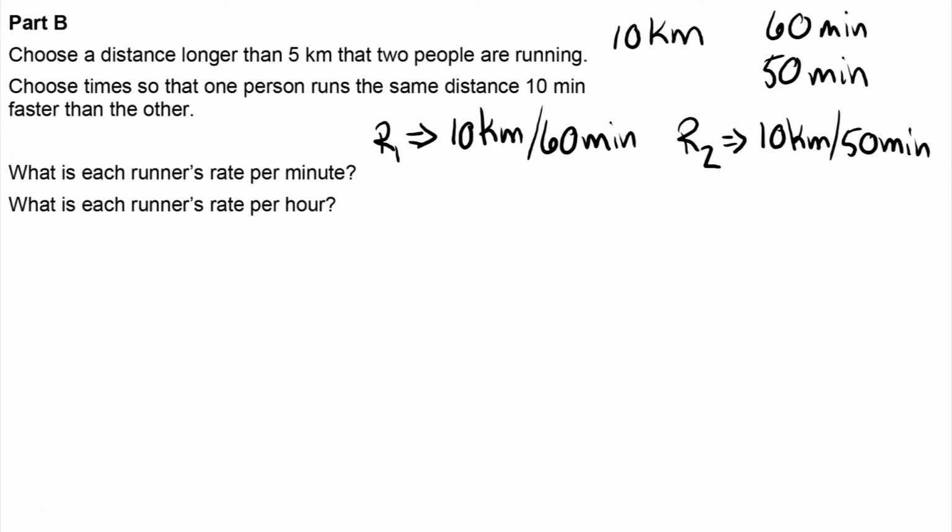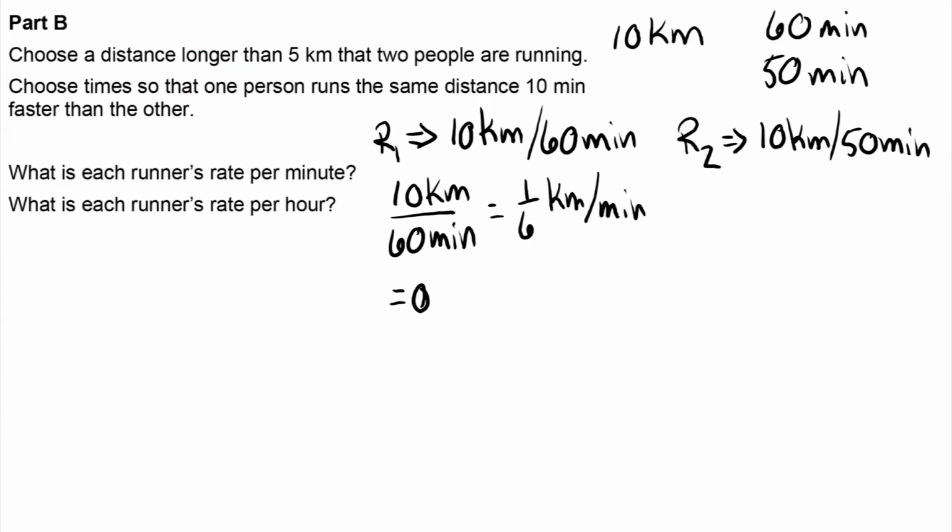If we want to convert each of those now into a rate per minute, for runner number 1, that's the same as saying 10 kilometers divided by 60 minutes, which is of course the same as 1/6 of a kilometer per minute. And if you want to do that math on your calculator, you end up with 0.166666 repeating, so we're just going to round that off to